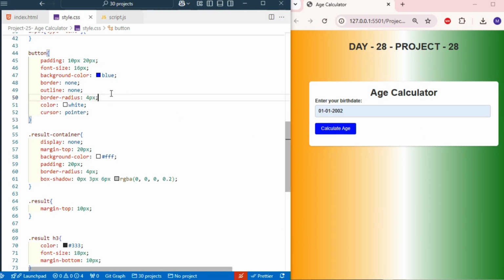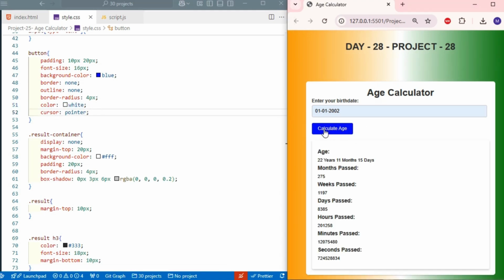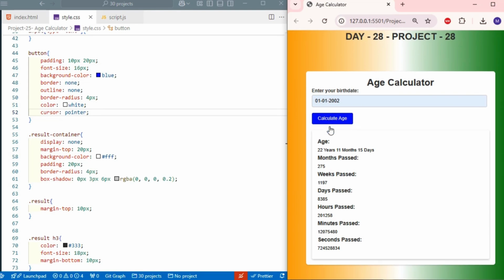Border radius is 4 pixels for rounded corners. Color is white for the text inside. Cursor is pointer. Whenever I hover over the button, the cursor automatically changes to the hand shape symbol.